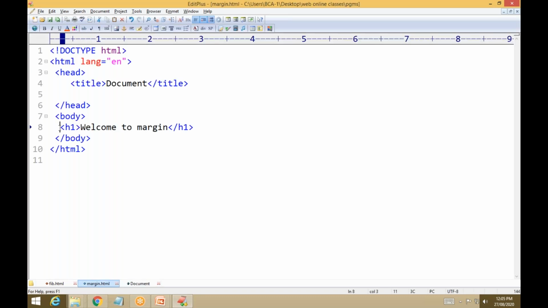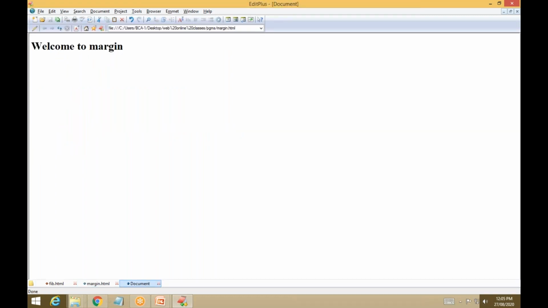Now I want to make the web page into divisions. How do you write a division? Using the div tag. Open the div tag and close it with the closing tag. Now say this is only one division in our web page. But you cannot see the division. Why? I already made a division, but you cannot see it, because only if you apply a color can you see the divisions.